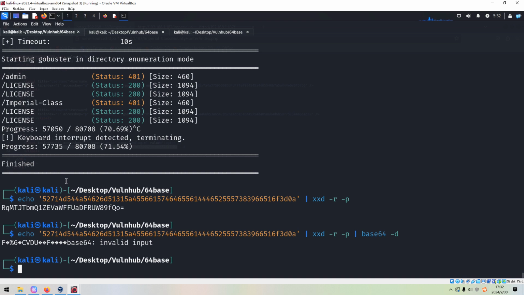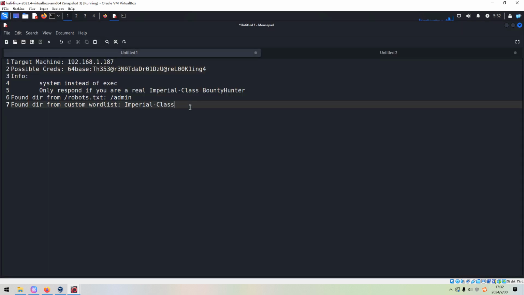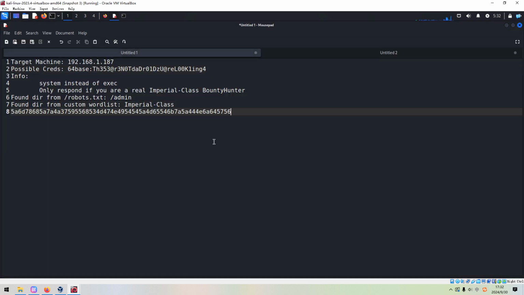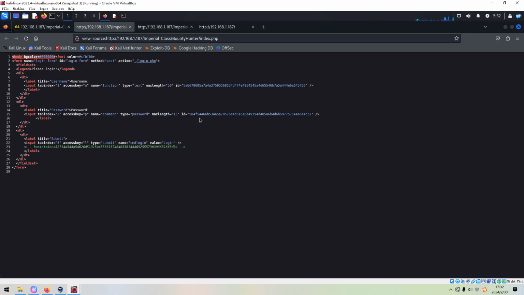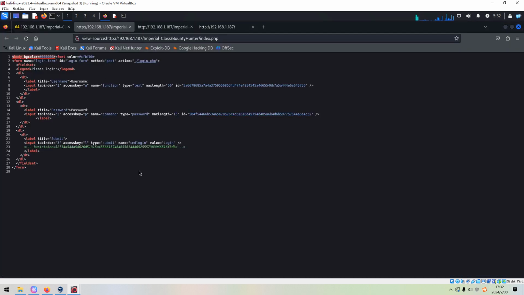It means that maybe the data is not complete. So I will combine all three strings. The first string, and the second string, and the last one.